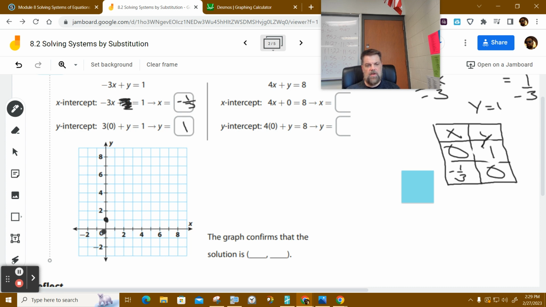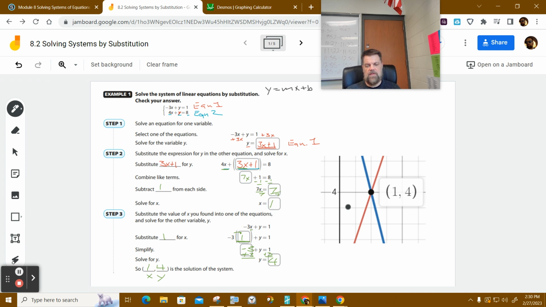And then I'm going to go -1/3, 0. So this is what we call the y-intercept, and this is what we call the x-intercept, where it crosses the x and y axis. And if I draw a line through there, and in fact, if we go back and grab the graph, well,